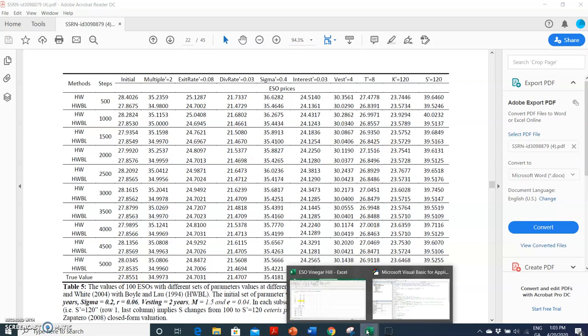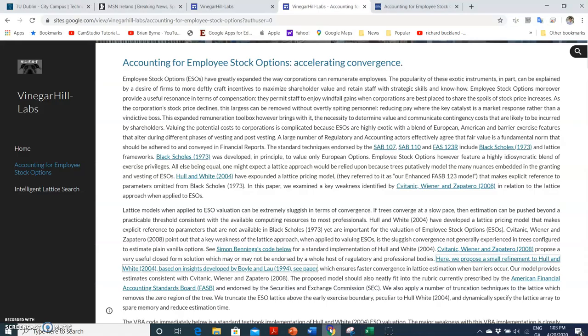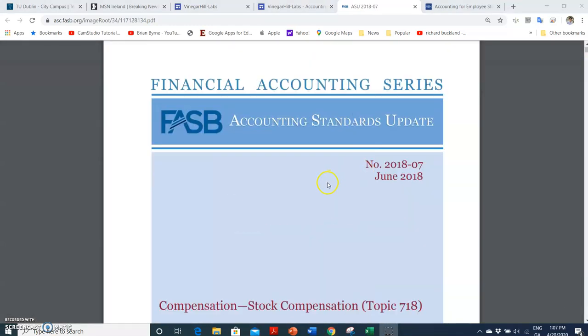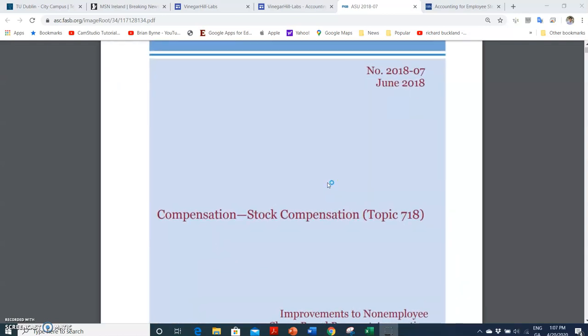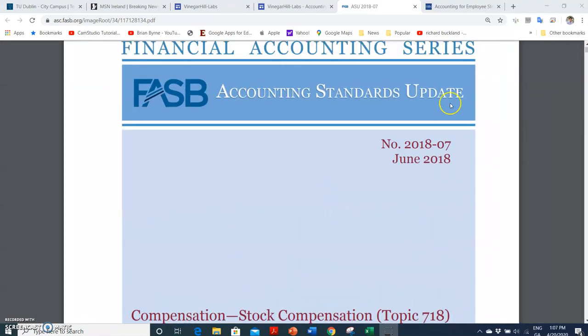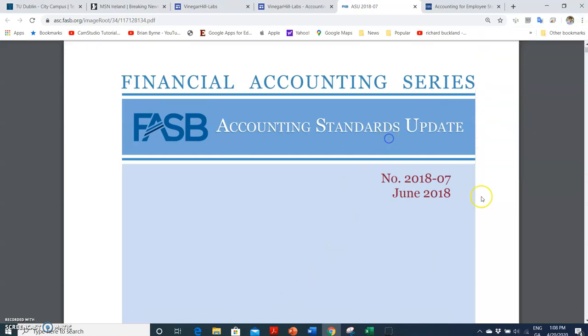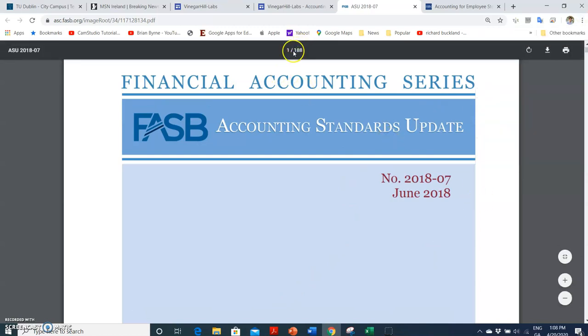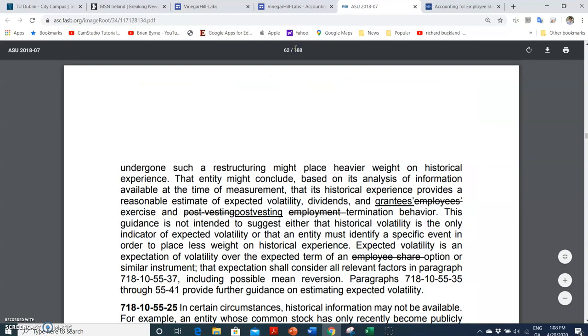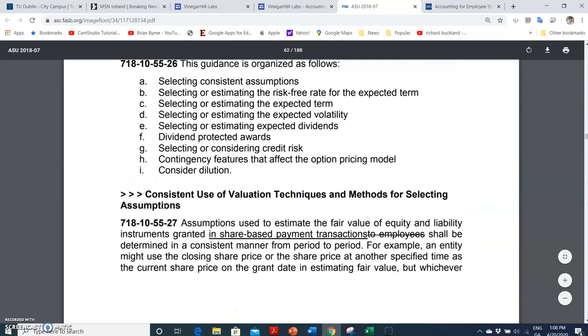Okay, so a few issues then arise, in particular issues that are related to the Financial Accounting Standards Board. In this document, they set out their approach to valuation for employee stock options. So they provide an update on some previous guidance that they presented. Now we might just take a quick look at, I think it's page 52 or 60. So 62, and in section